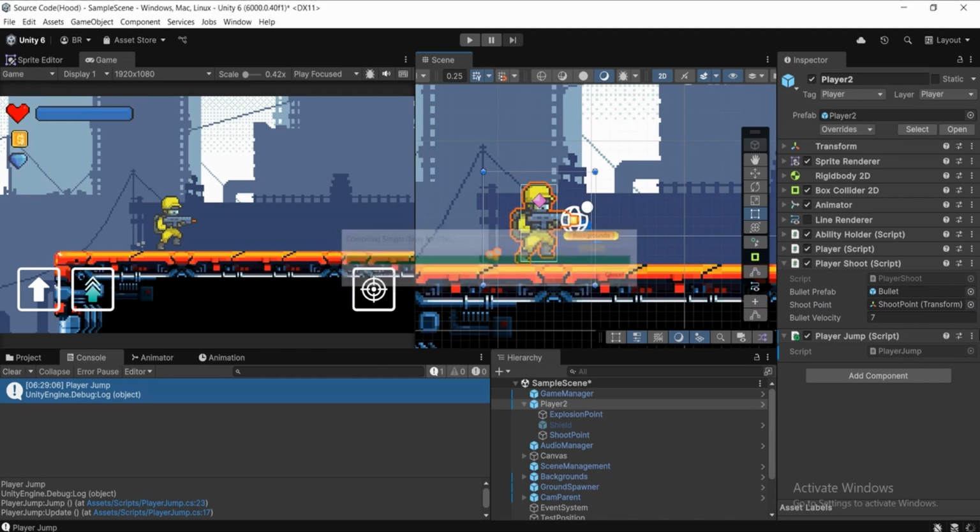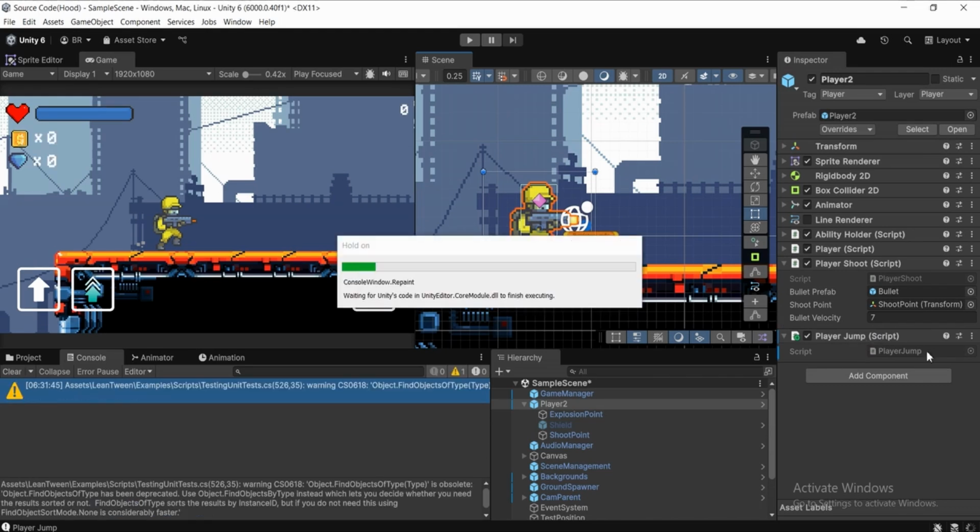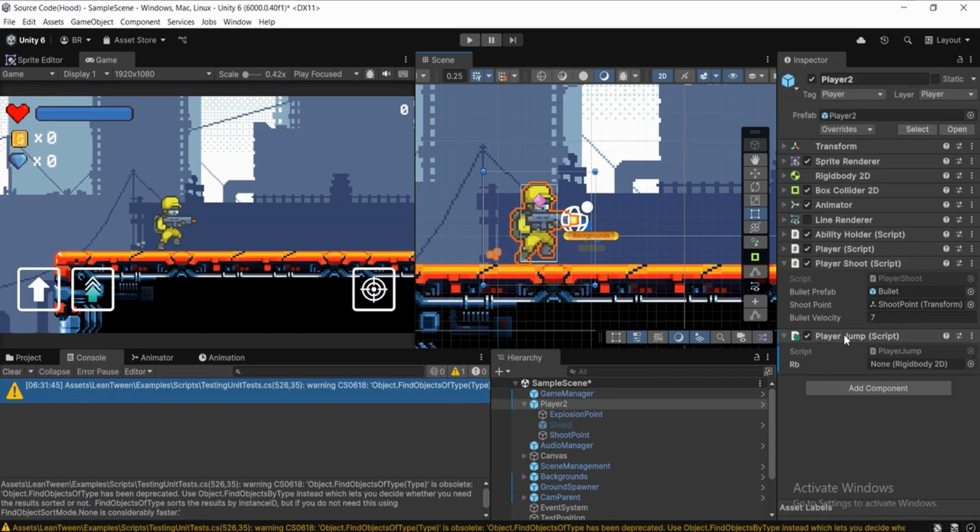Wait a little moment, and now the script gets compiled, and underneath our player jump script we can see RB, and it says non-rigid body 2D. So let's take our rigid body 2D component and drag it into that field, and now we have the player's rigid body 2D component reference. And now let's open up the player jump script,